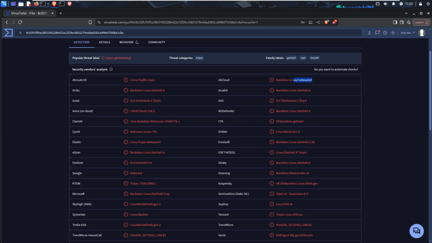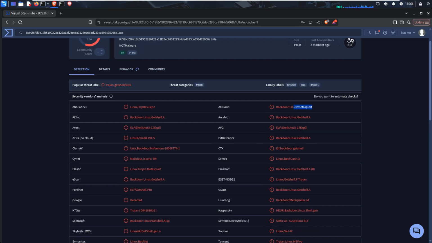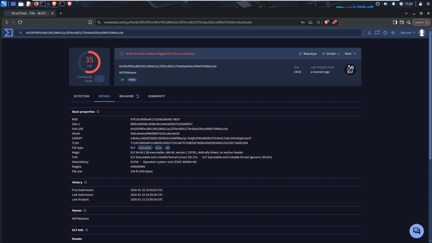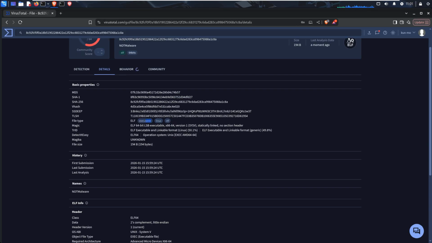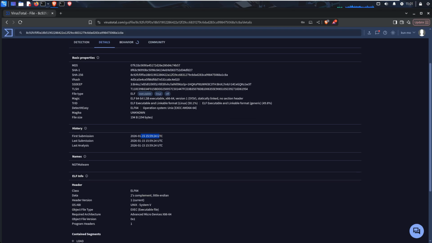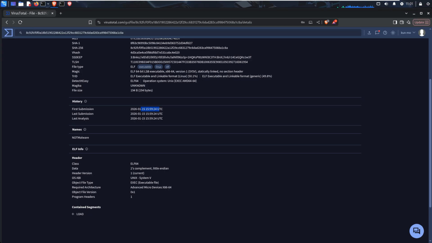Alright, of course, if you have any malware sample hashes, you can come straight to VirusTotal and submit it. You'll get more information. Of course, let's get a bit more detail. We have the file hashes: the SHA-256, SHA-1, and MD5. The file type, in this case, is an ELF, which is right. It is an executable Linux file. The time it was submitted, the date, and the last analysis, of course. We also have